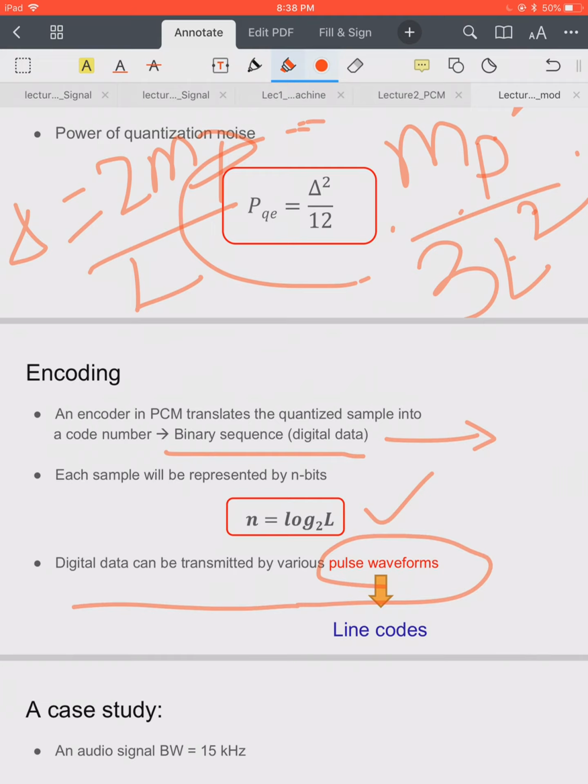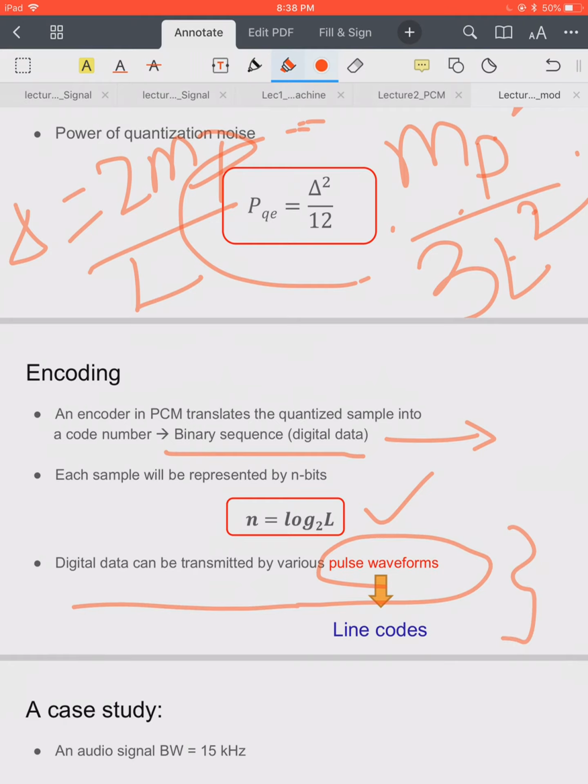So I'm not going to cover this part, the pulse waveform, different types of line codes. This is also called line codes in this lecture, but later in digital communication I will discuss these things a little bit, how many types of line codes can be used, but basically those are pulse waveforms, some signaling formats. So this is the basic idea of